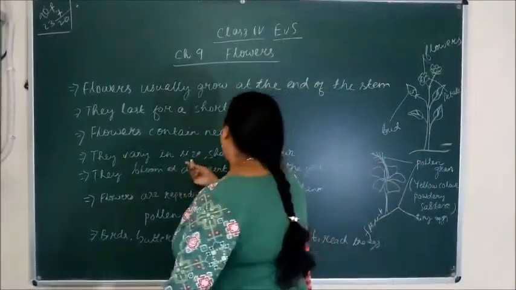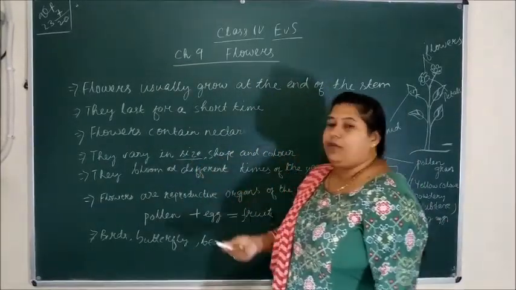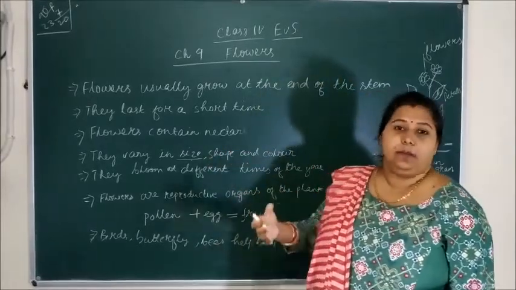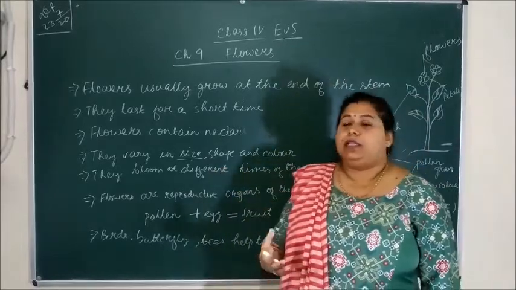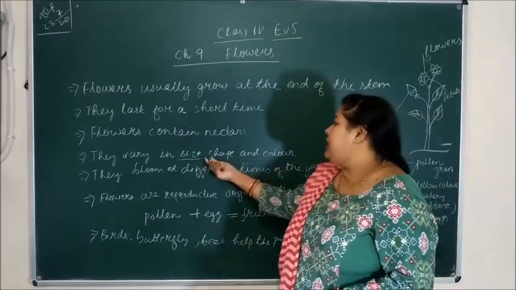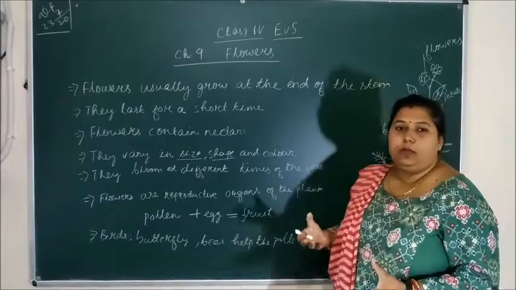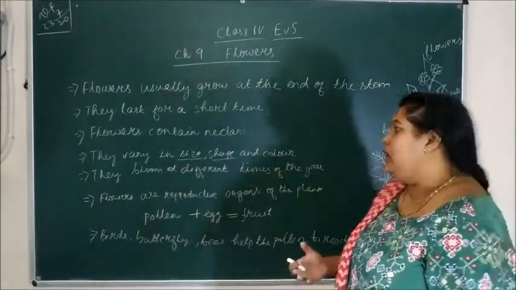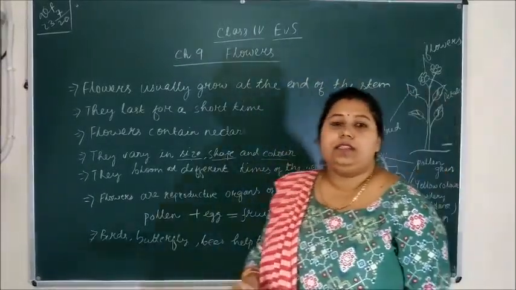They vary in size, shape and color. You can see that there are many kinds of flowers. Some are very small in size, and some are much bigger. The flowers may come in a bunch or singly. You can see many kinds of roses; they bloom in a bunch, and sometimes as just a single rose. There are also many varieties of colors.